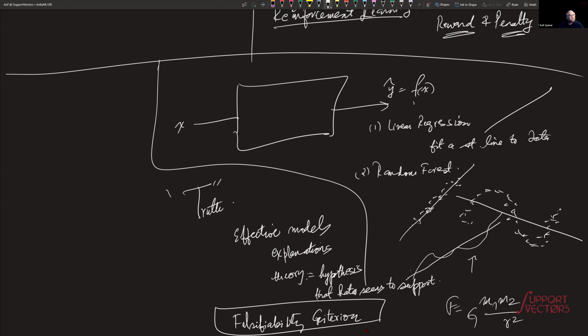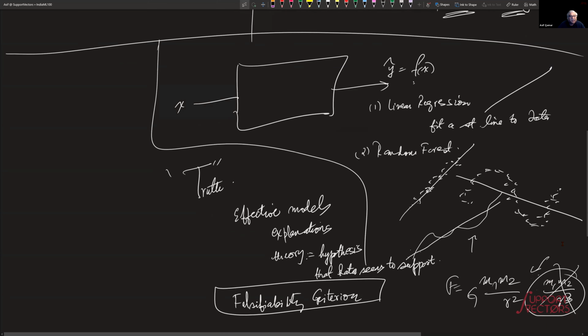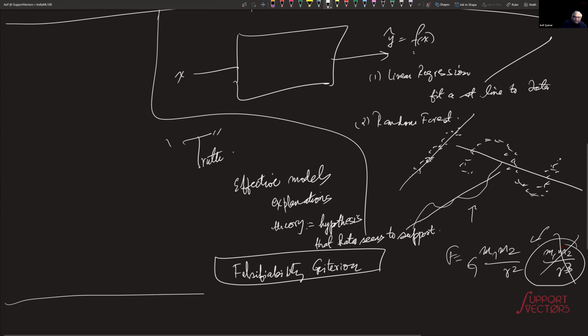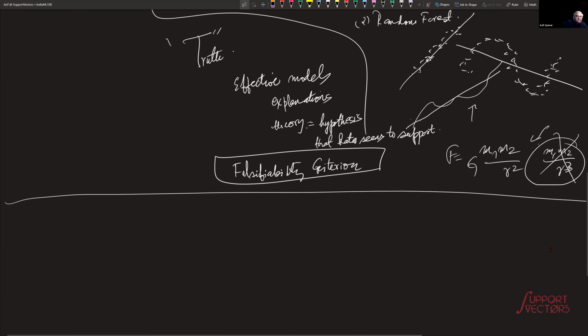You can do experiments and see whether the data agrees with this theory or not, this model or not. For example, if it turns out that it is M1 M2 over R cubed, immediately you'll be able to use data to disprove that theory. Right? So science is that body of knowledge that is falsifiable. Anyway, that's a huge digression. Now, I want to bring that a little bit more down to earth, and the famous statement of Box, the great mathematician of this space, he said,